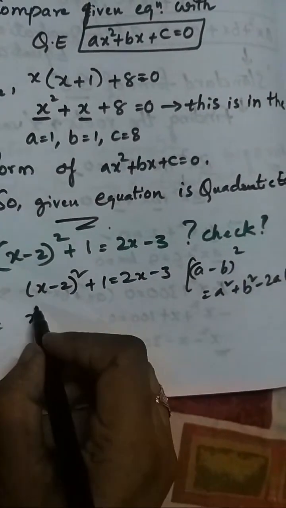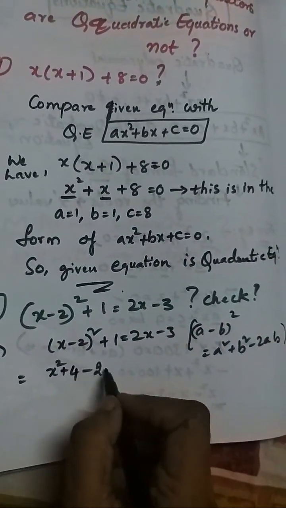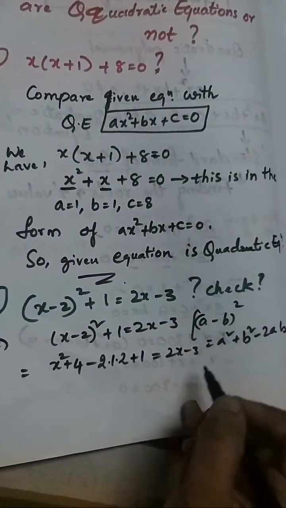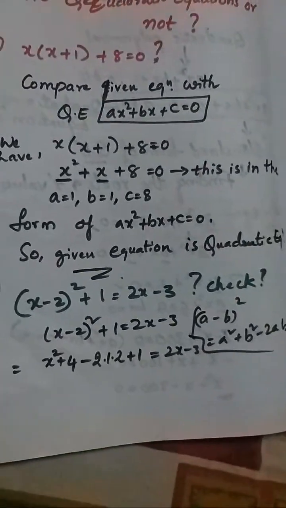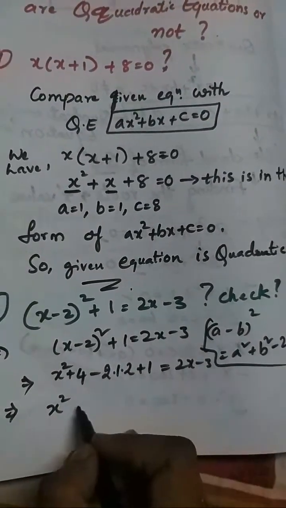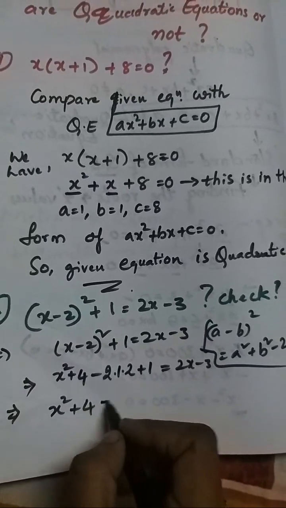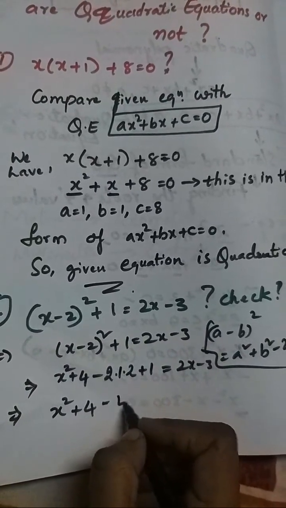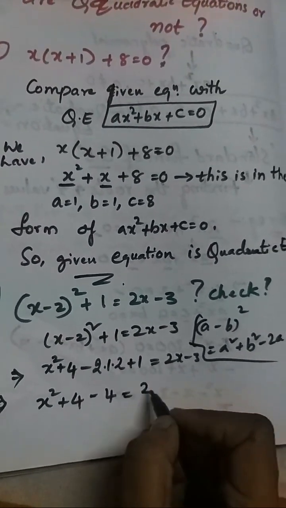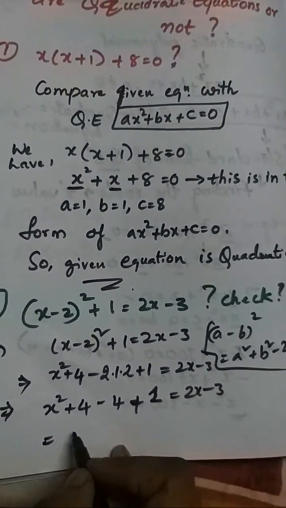Okay, x square plus 4 minus 2ab, into 1 into 2, plus 1 is equal to 2x minus 3, as it is. Okay, now x square plus 4 minus 4 and this is 2a plus 1 is equal to 2x minus 3, and this can be written as x square